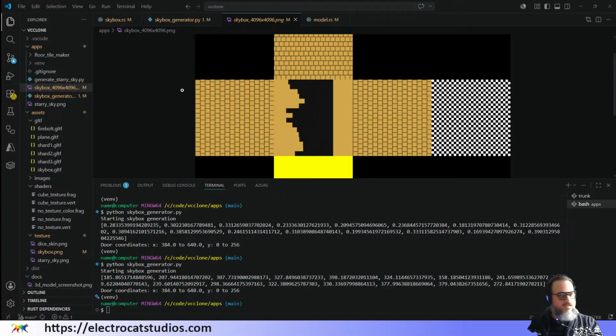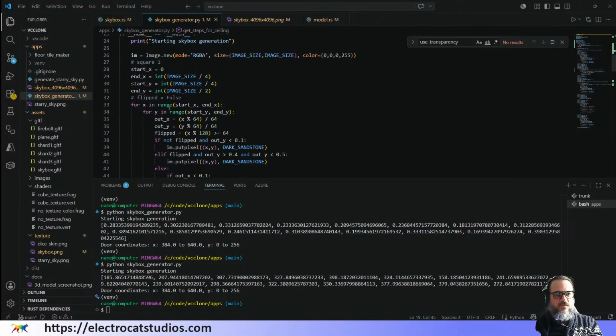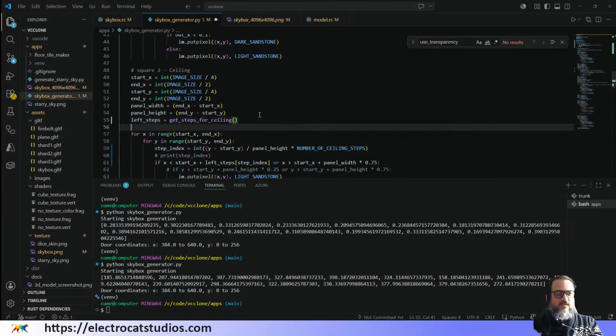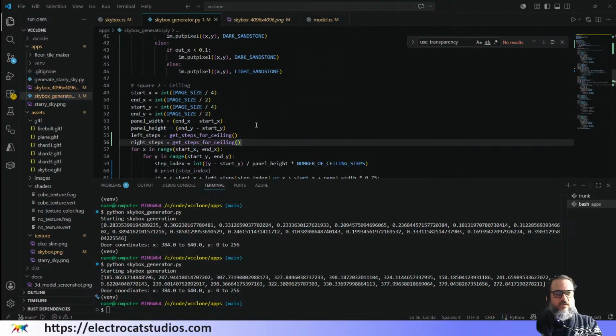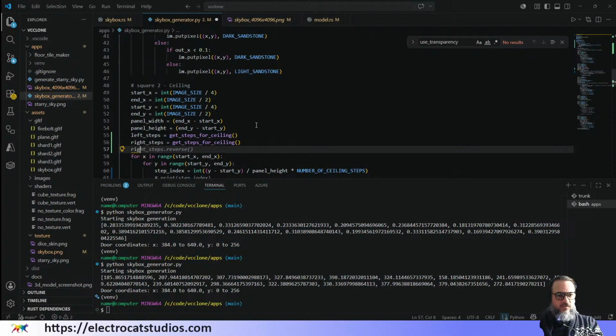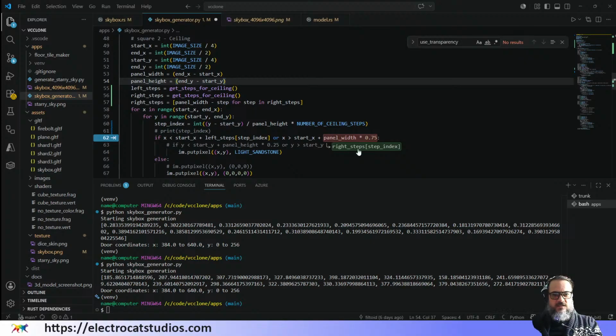I think that's kind of doing what I want. And then we'll do the right steps. It's going to be get steps for ceiling. But then we want to do right steps equals panel width minus step for step in right steps. Because we're flipping it, we want to flip it, so we'll just use a generator for that. And then it's predicting that we want, or it's greater than, yeah,